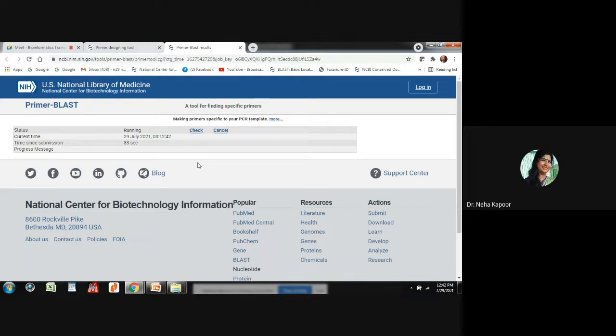From there, we would be having a complete set of primers and individual entries, showing what the length is, what the GC content is, what the product size would be, and whether the intron would be there or not. That complete detail can be downloaded from here depending upon our requirement. It is taking a bit of time, so we shall wait until it gets refreshed.